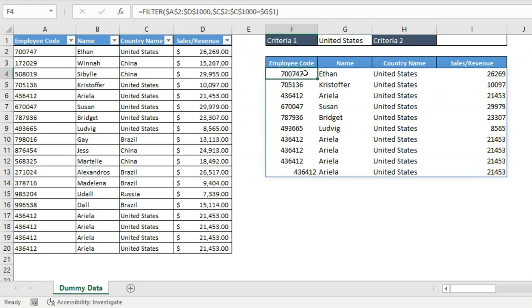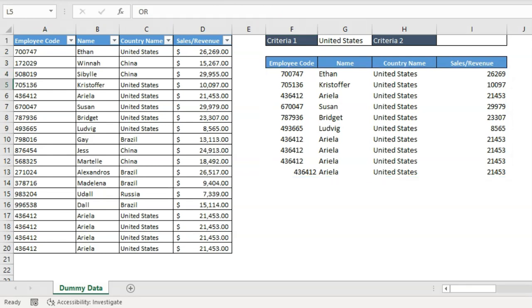Now what we are going to do, we are going to use two criteria. Now suppose if I want to use sales and revenue also as a criteria, and I want to pull the values which are more than 20,000. How can I do that? I need to understand two things here. Like if you want to use either of the conditions or both the conditions. So what do I mean by this? If you have two or more conditions and you want to clarify that all those conditions should be met, then you should be using AND operator and you will be using this star symbol. But if you are talking about either of the conditions being true, then you will be using this plus sign.